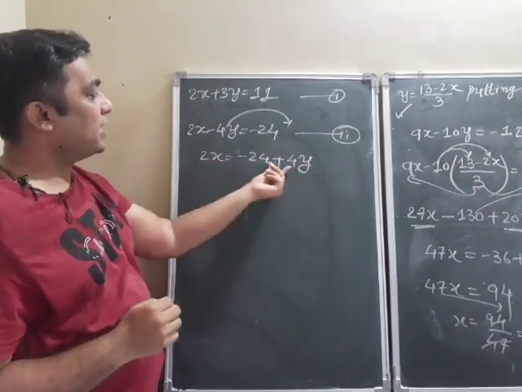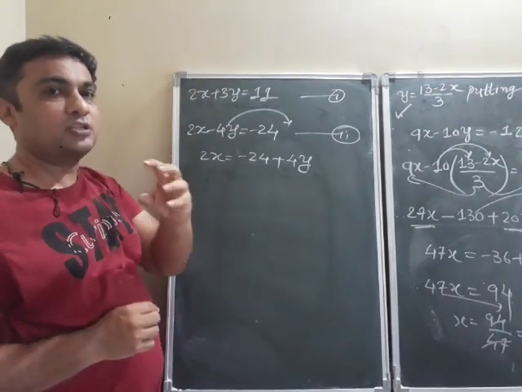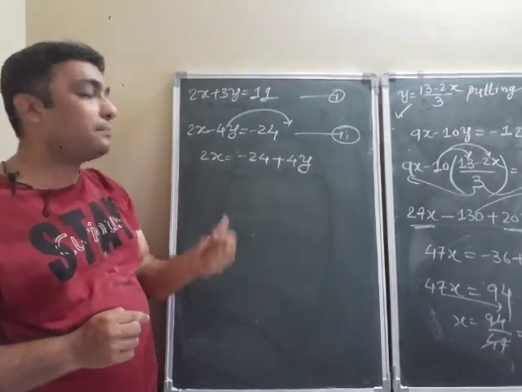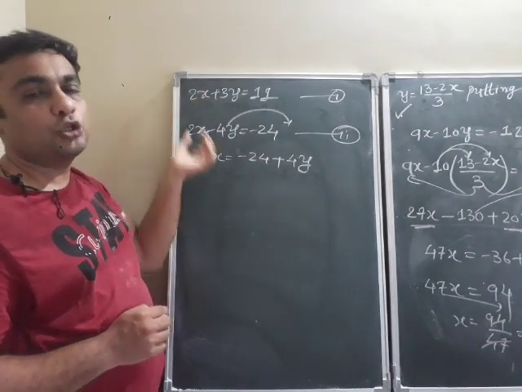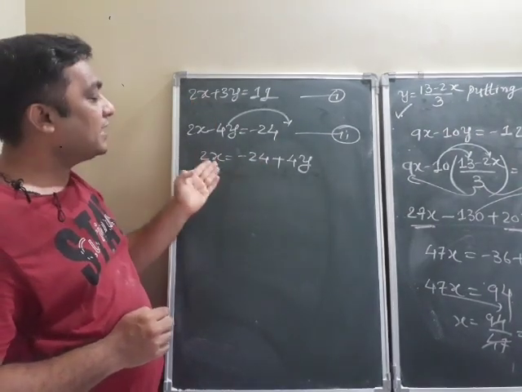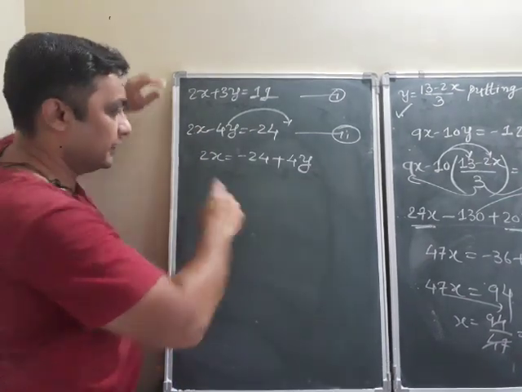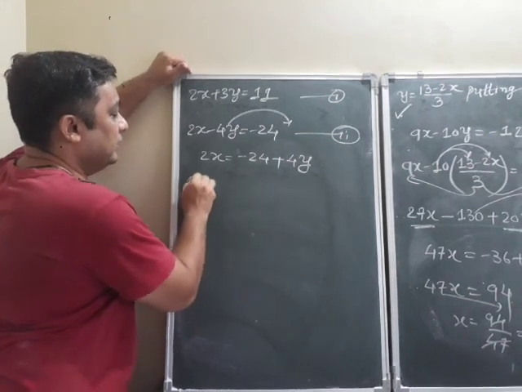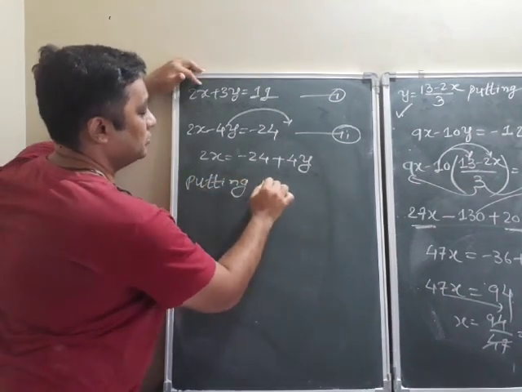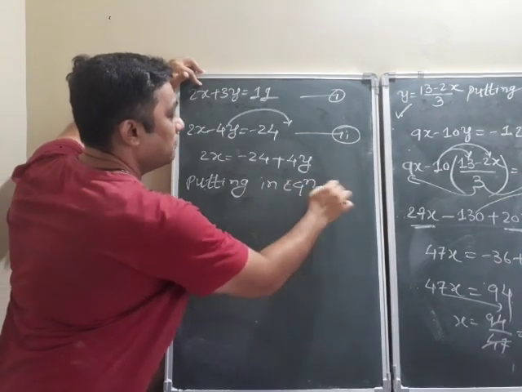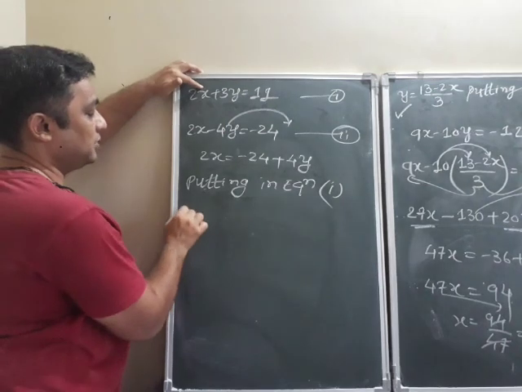अब सीधे ये 2x ही यहाँ पे substitute कर दो, because here already it is 2x. ये सारी चीज़ें आप concentrate रखो. देखो, in every example we are finding x, but यहाँ पे 2x मिल रहा है, यहाँ पे सीधे 2x है. So why should we find x? Better I can substitute directly 2x here. Not understood? Clear? So see here, putting in. So this I am substituting in equation number 1.